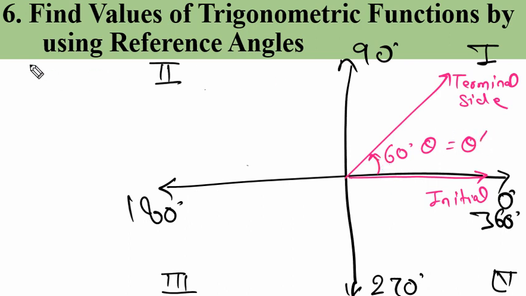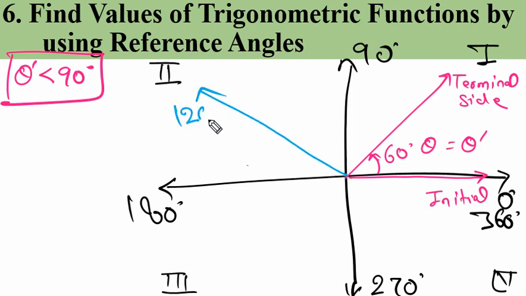And the reference angle will always be an acute angle. So the reference angle will always be less than 90 degree. So this will be your acute angle, right? So if you have an angle in quadrant 1, then that is your reference angle. No need to change anything, no need to use your extra brain. Okay, but if you have an angle, let's say here,